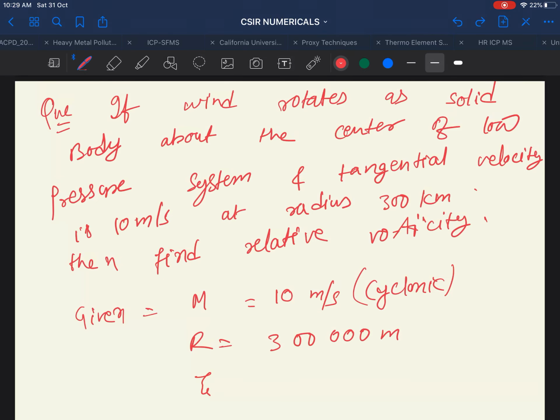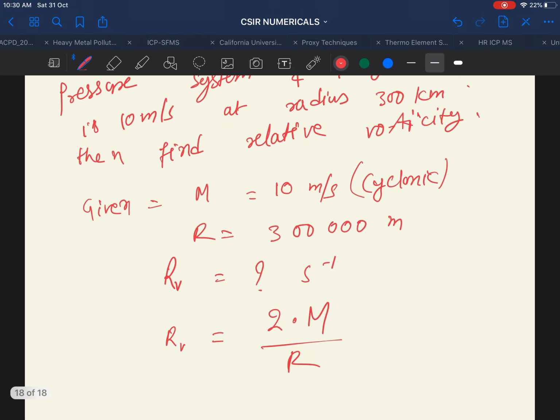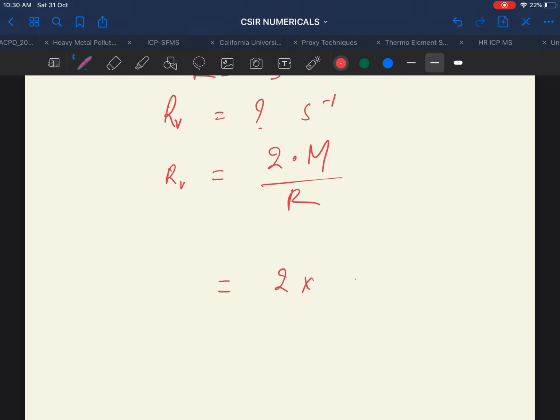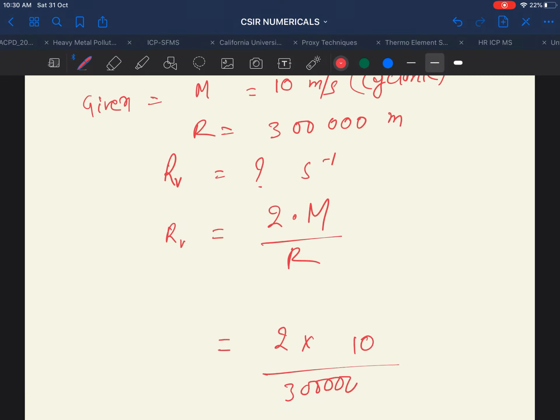So this is the symbol for relative vorticity. We can write it like this also. We have to find this one. The formula is 2 into M by R, where M is the tangential velocity and R is the radius. It's very easy, now just put the values: 2 into 10 by R, R is 3 lakh. When you solve this you will get